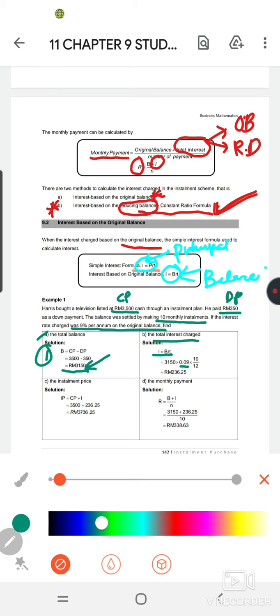Your R is 0.09 because here the interest rate is 9%, and then the time is 10/12. 10 because it is 10 months, the duration is 10 months. Why do you divide by 12? Because if it is given monthly, you have to read it here. If monthly, it means per month. So when it is months, you divide by 12. So you get